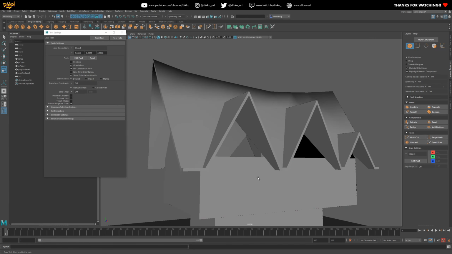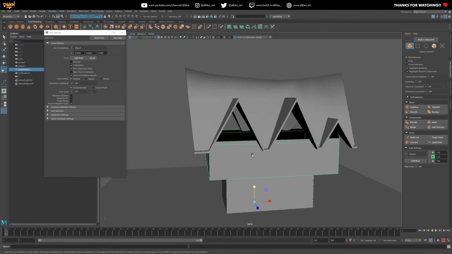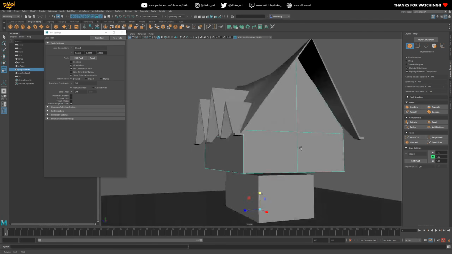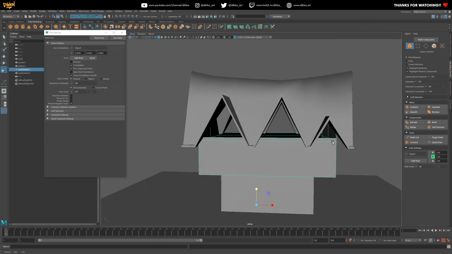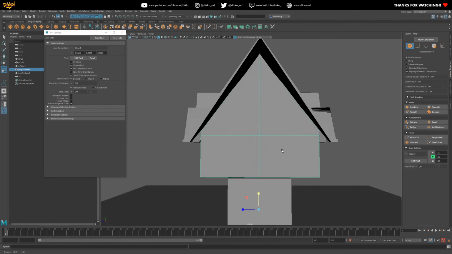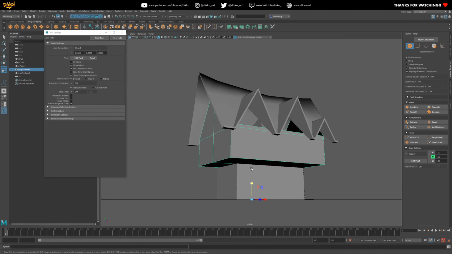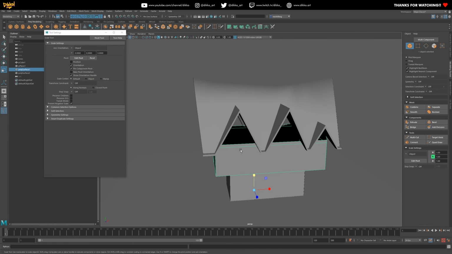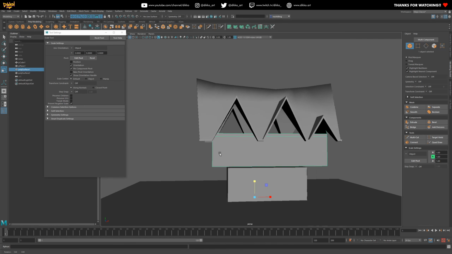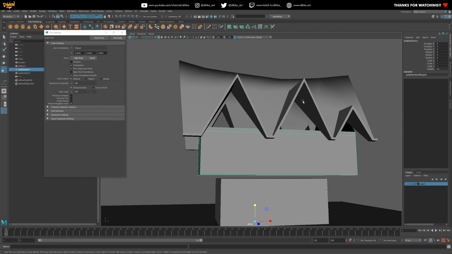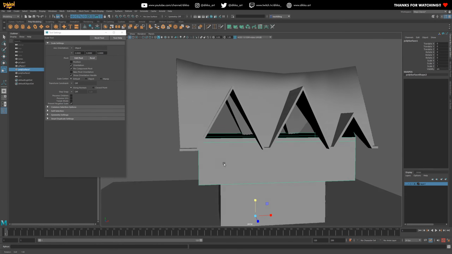All right, now for the building itself, we can see here that we need to fill in those gaps. Actually add the structure of those other gaps in the roof. That's pretty simple to do. All we need to do now is add a few loops. And this is the reason why I've kept the top and bottom separate, because I don't want loops going all the way down the house, down the sides. I want to keep it nice and isolated to this object in particular. So again, let's make sure everything's been frozen. That's great. Now let's go into